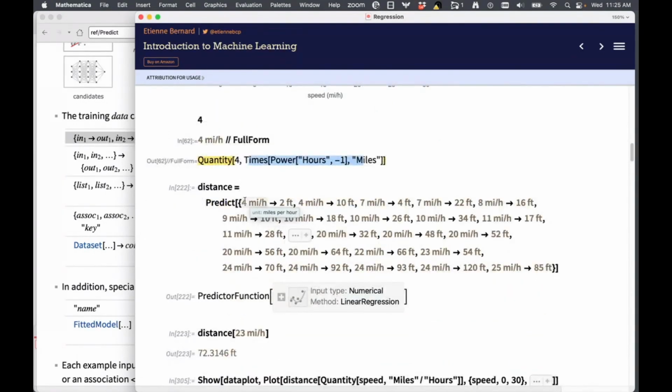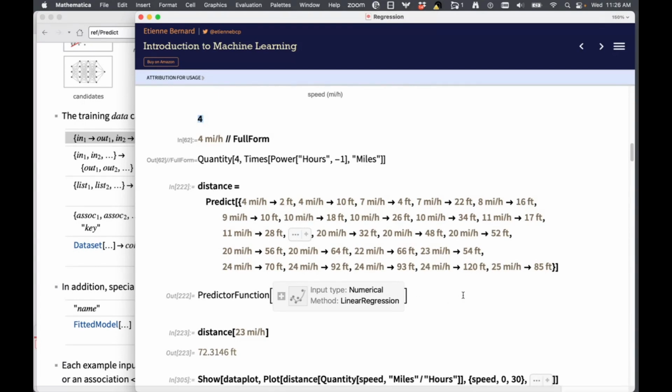Okay. Turns out that all our major functions can transparently work with these special objects, quantities, dates, and so on. So you do not have to really worry about it, they are just much more interpretable as you look at them. This makes more sense, 4 miles per hour. You look at it, that's speed. If I had only put in the number 4, you might be left wondering, is this 4 meters per second? Is this 4 kilometers per second? Is this 4 miles per hour? So it's sometimes really useful to have quantities instead of just numbers.